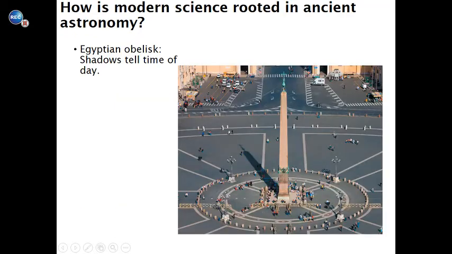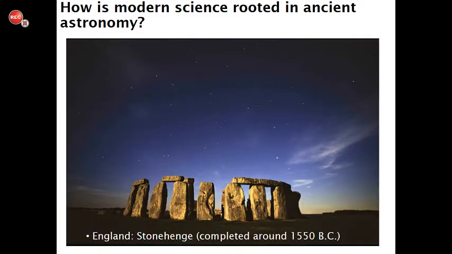So there's more time telling. There's using shadows to tell the time of day. Also in Egypt, they used the appearances of stars to tell seasons. Basically, lots of timekeeping built up, and eventually you got proto-observatories, like